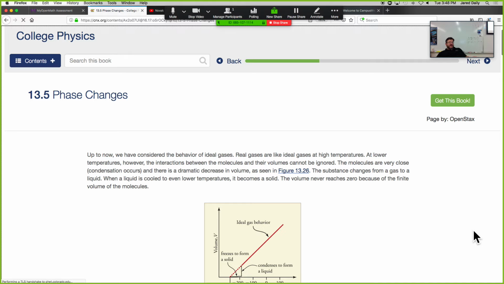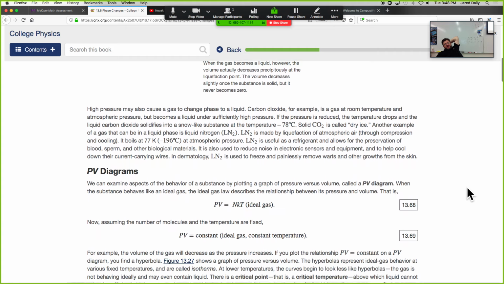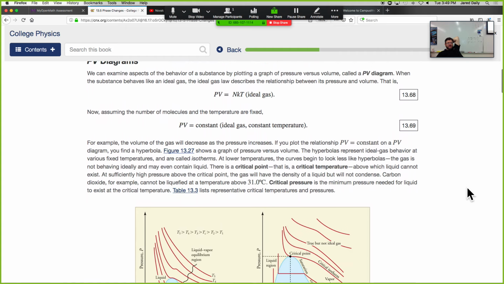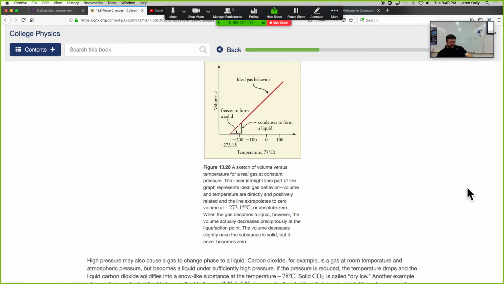So that is called the kinetic theory of gases. Gases have an interesting behavior. All materials have interesting behavior when they go from gas to liquid, liquid to solid, solid to liquid, liquid to gas. And it's kind of strange, but